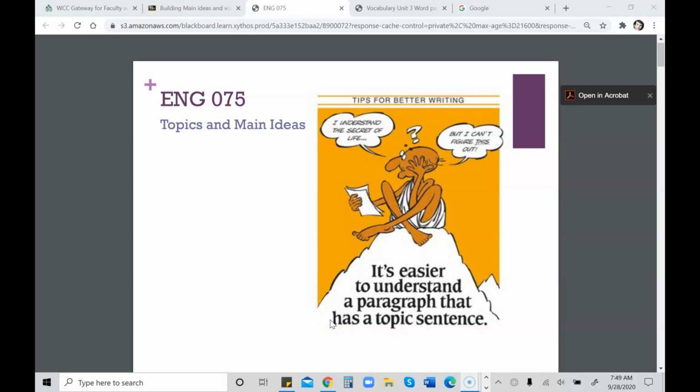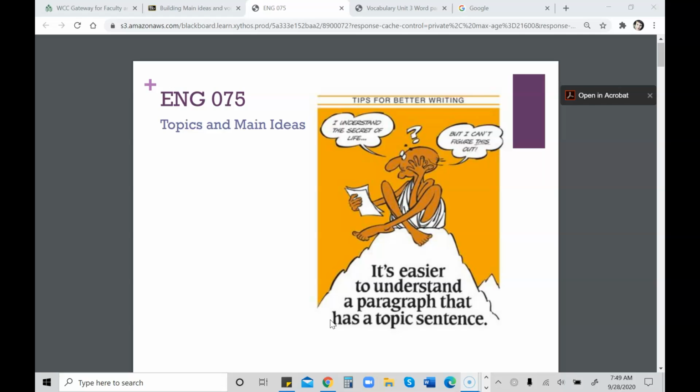All right, we're going to continue to work on building and understanding topics and main ideas and topic sentences. And so in this folder for this week, as you get started on your journal, make certain that you go back through and review this. And it should start to fill in some of the blanks if you're still having any concerns and issues with this, having done Writing Center number 3 last week.